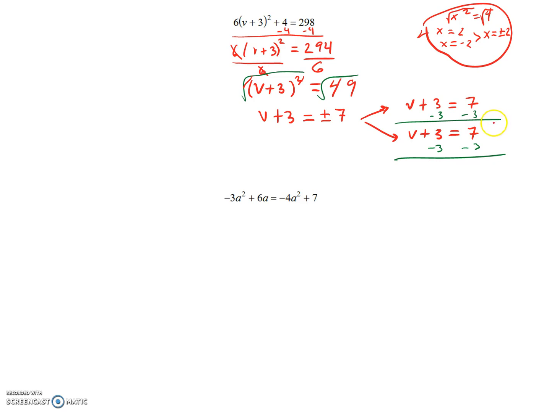you're going to end up getting, this one's a little scrunched, v is going to equal 4, and then in this case, v will equal, sorry, this should be negative, negative 10. Okay, so those are your two answers. And that's how you'd use the square root method. Now looking below,